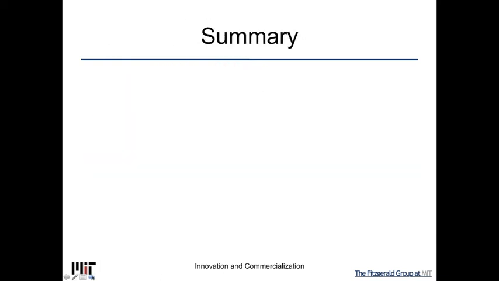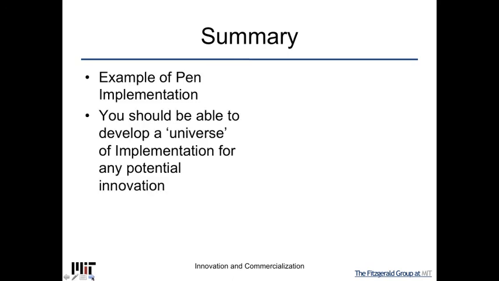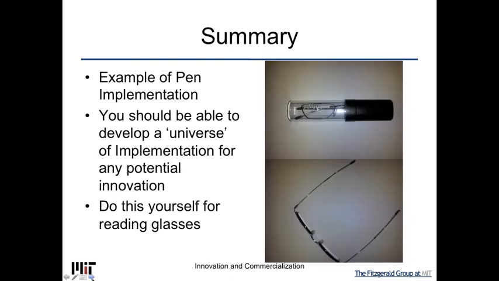So let's just summarize lecture 4 on implementation. We've used the pen analogy again, and we developed a universe of implementation and then showed you the graphical representation. What we'd like you to do, as you did with the other elements, is think about the reading glass example and actually do it, because that's the way you can start to think about these different aspects and also develop questions about what you don't understand. And we will,